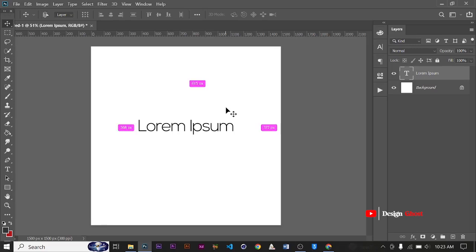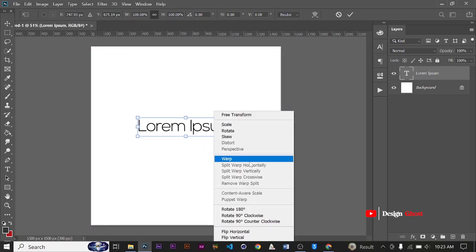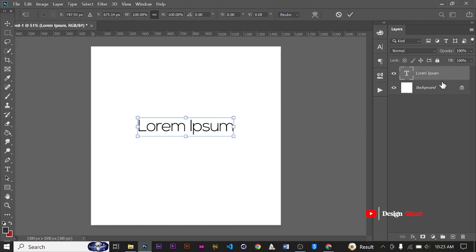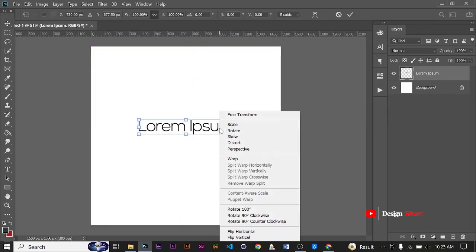So first of all, we need to select Ctrl T, right click, and we have some of the options displayed here. We have the scale, we have the rotate, skew, and warp. Now we can see distort, perspective, split warp, and all those are not active. That is because this is a text layer. If we want these to be active, we need to rasterize the layer from a text layer to a normal layer. So we right click and rasterize, Ctrl T, and now